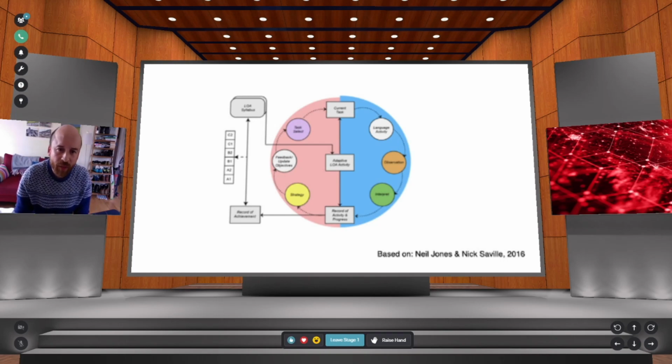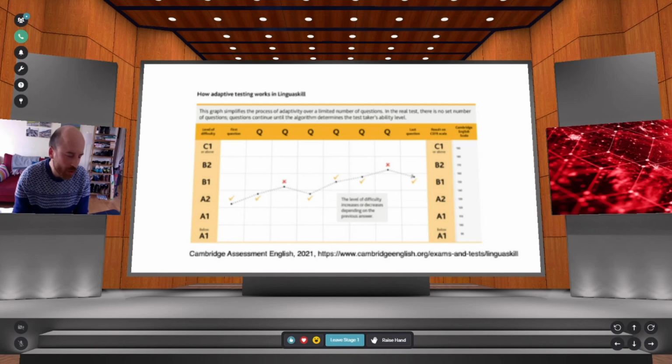Or in terms of adaptive testing, many of you will know about LinguaSkill, which is a Cambridge assessment exam with some adaptivity. There, with some fixed number of questions, you can adaptively figure out their level across multiple CEFR levels.